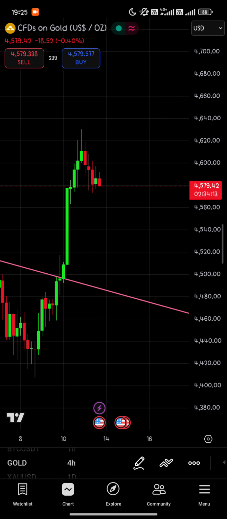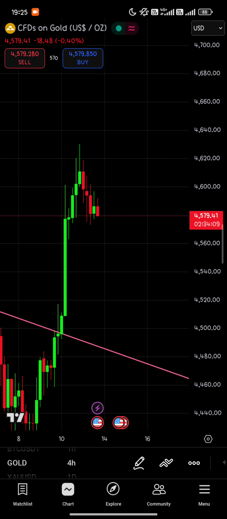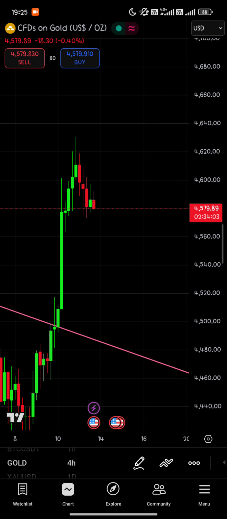So now I'll start by analyzing the 4-hour time frame first, right? At the 4-hour time frame, or the 4-hour candle, we see that the 4-hour candle is right now in a sideways down phase, because